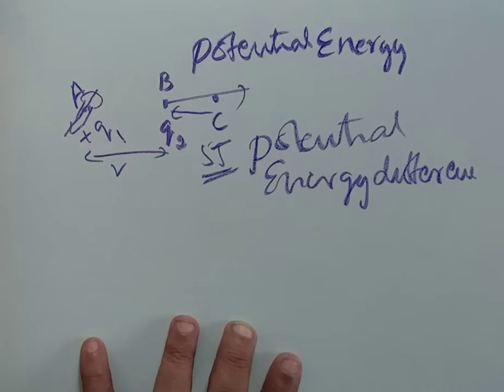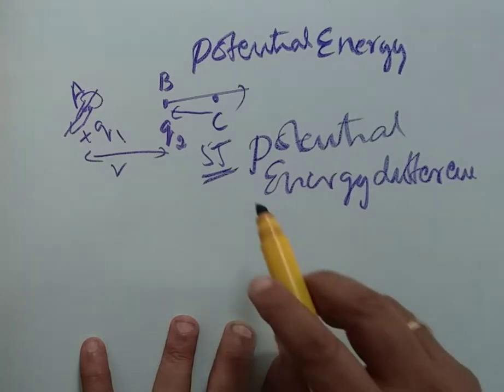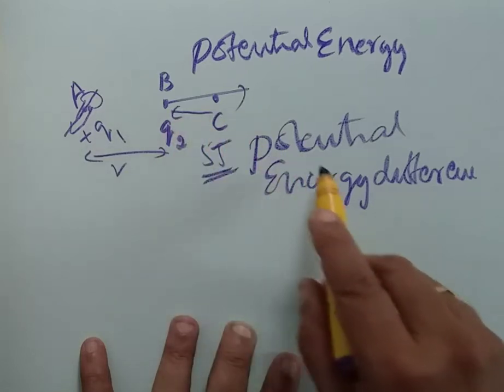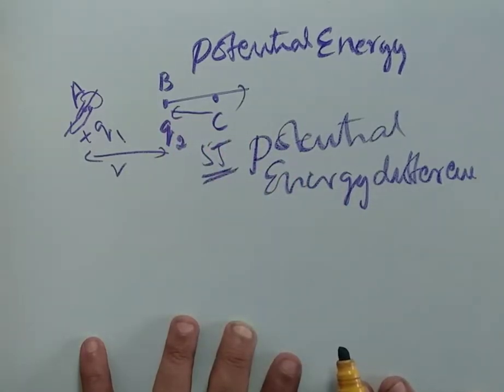So potential energy means, observe, we cannot think of C to B because it is potential energy difference. So potential energy means it is the total work done by some agent to bring the charge from a position where the given charge effect is not there and no work is required to be done from there to the point B or some point. So what is that point where initial charge effect is not there, or in this example Q1 effect is not there?